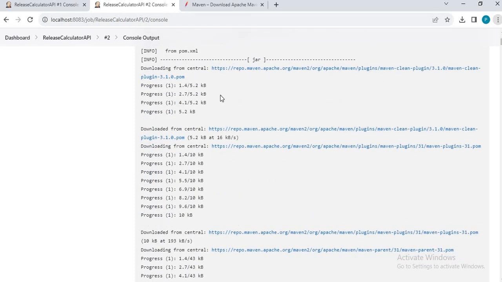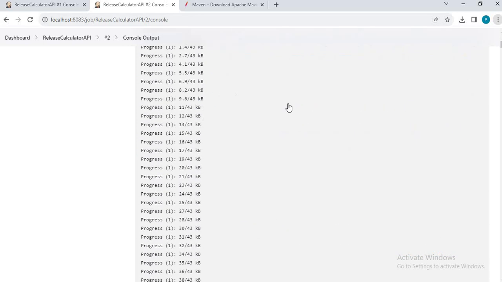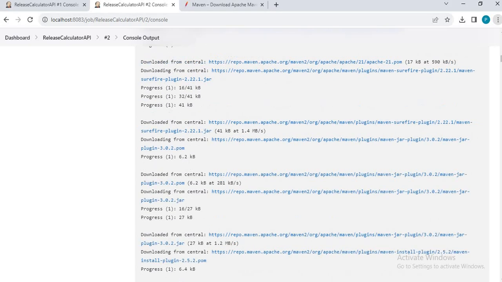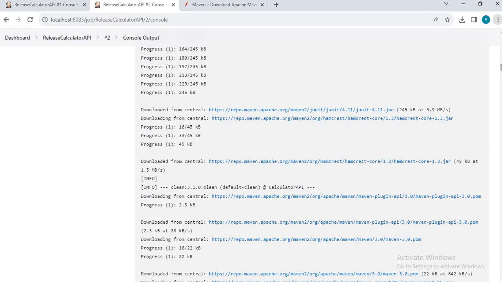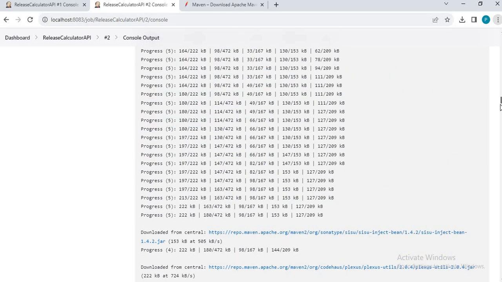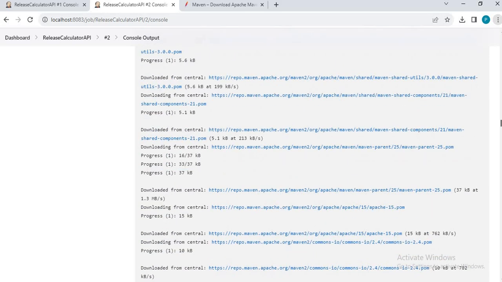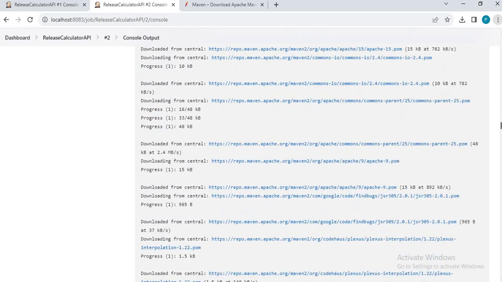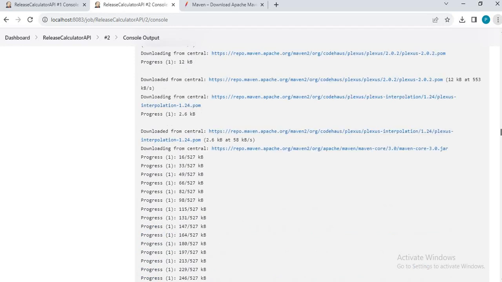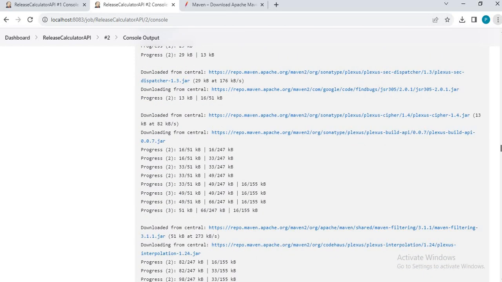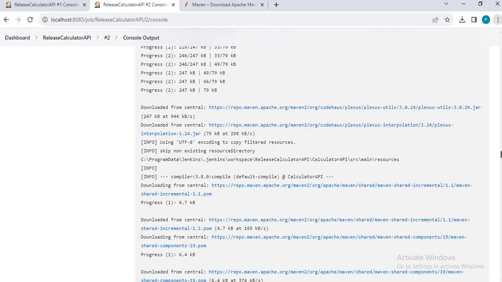Now let's scroll down. So it has started downloading the plugins and all the resources. Let's scroll down. Once it is done downloading the required plugins and resources, let's check out what it has done after that. For now we do not have any unit test cases, but we are soon going to. We already have integrated all the unit tests in the earlier project, but in this new project we have not yet done it, but we will.